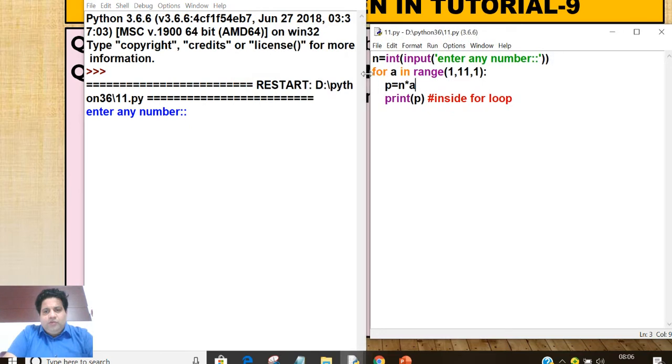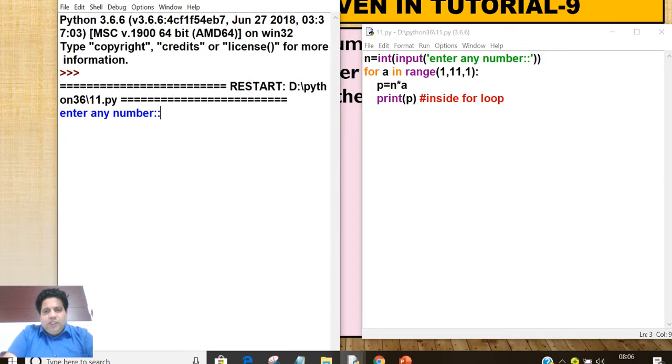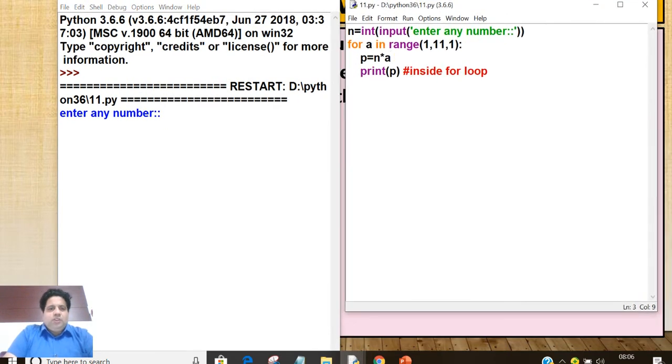This is the program window. I have cascaded the windows. Now enter any number. I have given 5. See, the output is coming on different lines and multiple outputs are coming. So this is the first part of the program in which only the result is being displayed, not in tabular form. 5, 10, 15, 20, 25, 30, 35, 40, 45, 50.